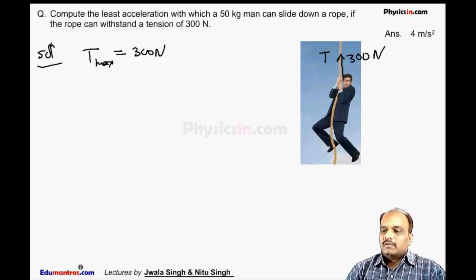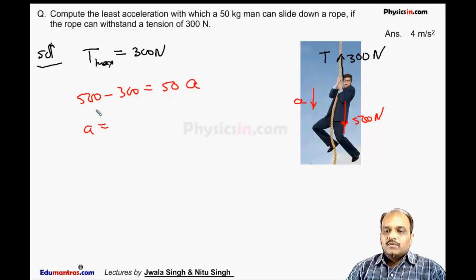The weight of the man will act downward, and since his mass is 50 kg, it is 500 Newton. So let this man go downward with some acceleration A. Now we can say the upward force is 300 Newton, the downward pull is 500 Newton. So 500 minus 300 is equal to the mass of this man, 50, into acceleration of this man. So A comes out to be 500 minus 300, that is 200, divided by 50, that is equal to 4